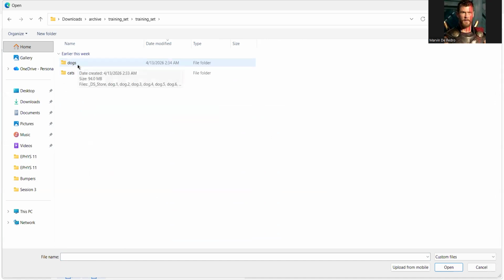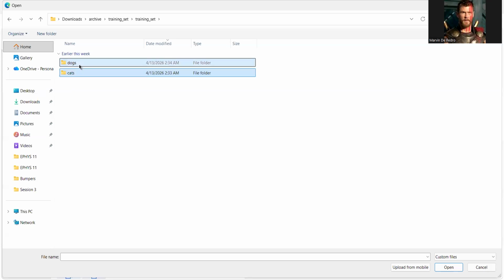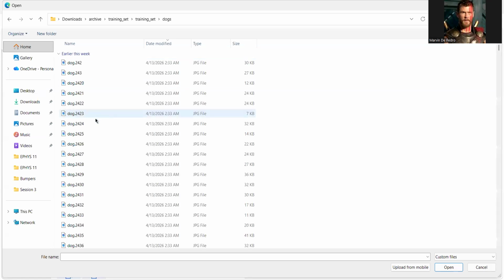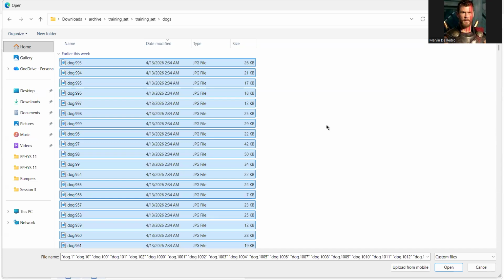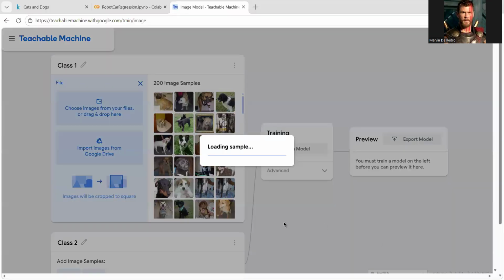If you can see this, we have the folders dogs and cats. We need to upload only one of the two first. So I'm going to upload first all the data in our dogs data set. We just open it.